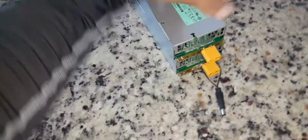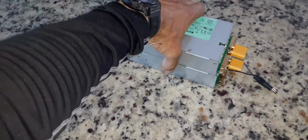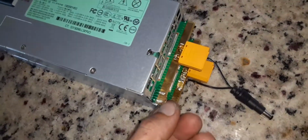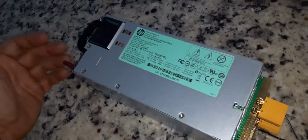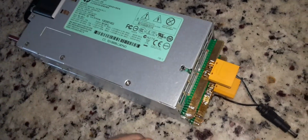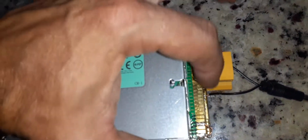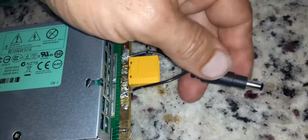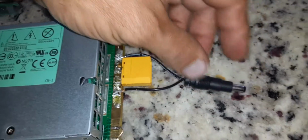If you were to go online and buy the equivalent, a charger like this would probably cost you around $300. So this right here is do-it-yourself. You gotta short some of these pins out over here just to get it to turn on when you hook up your power cable. If not, it won't turn on. And then this is the positive terminal. This is the negative terminal. So here you can connect anything you want that's 12 volt capable. So here I have another connection for my hobby charger that I used to use, just in case I need to use it to charge anything. But this will be powering